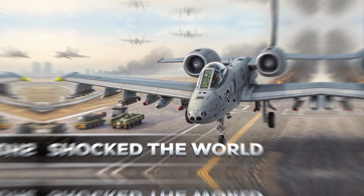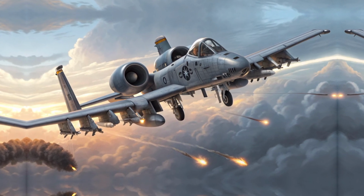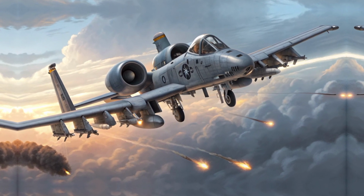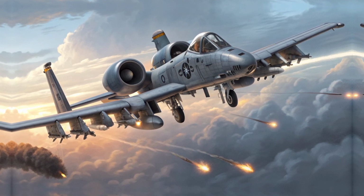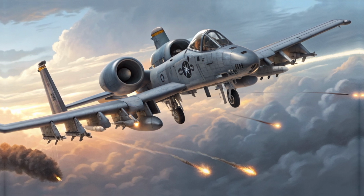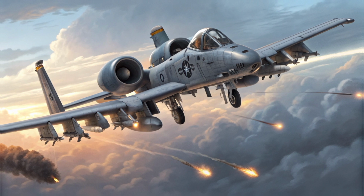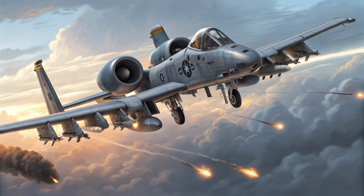Now let's talk about durability. The A-10 has always been legendary for its toughness. Its titanium-armored bathtub protects the pilot from ground fire, and the aircraft is designed to fly even with heavy damage, losing an engine, part of a wing, or even hydraulic systems. The upgrades only enhance these survivability features. The self-sealing fuel tanks, redundant flight control systems, and additional electronic countermeasures make it an even harder target to bring down. In a world where many modern aircraft rely on stealth and speed to avoid threats, the A-10 simply says,